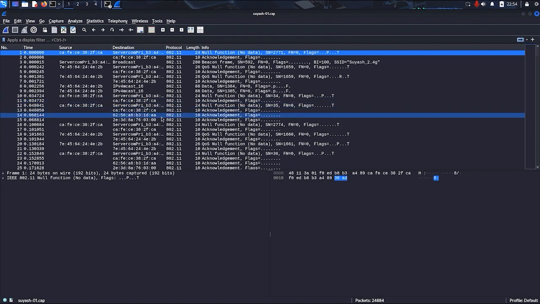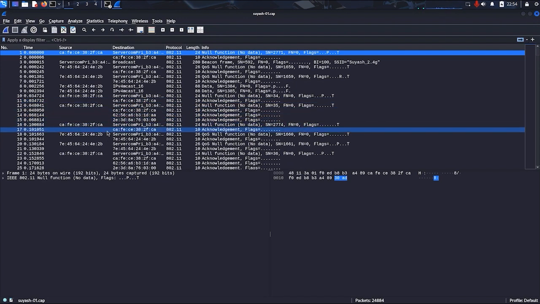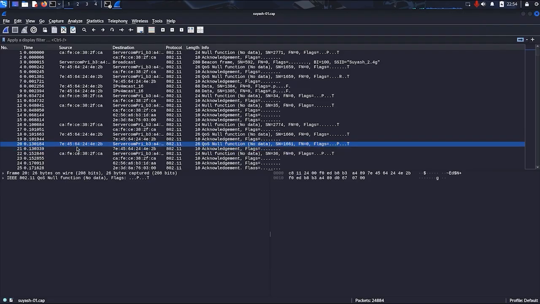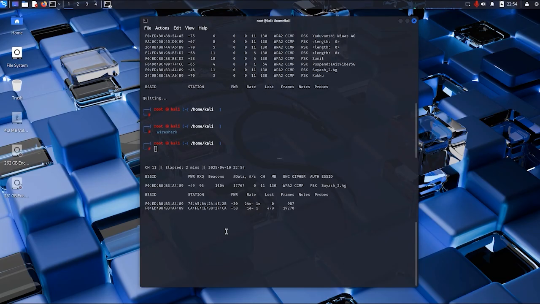Now if this network wasn't protected or encrypted, whatever this particular mobile phone, as I have connected my mobile phone here to this network, is doing, or whatever web browsing or web surfing it is doing, we could have seen it, but since it is encrypted, we cannot see further. So let's close it now and stop it with Control C here.